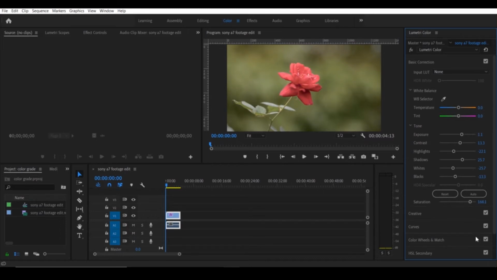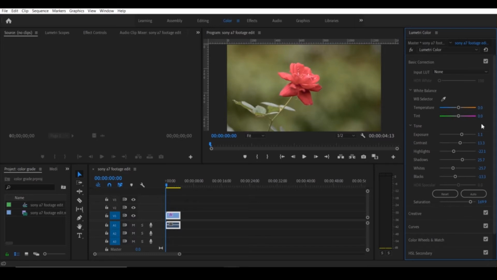So how do you know how much saturation you must increase? That thing is completely up to you. That is completely optional and it depends totally on the clip. Okay, so I always tell you to never just put the saturation to the full 200. Okay, never do this, because if you put it to 200, then this picture looks very bad. So let me tell you to just decrease the saturation a little bit. Okay, I think 170 would be perfect for this film.